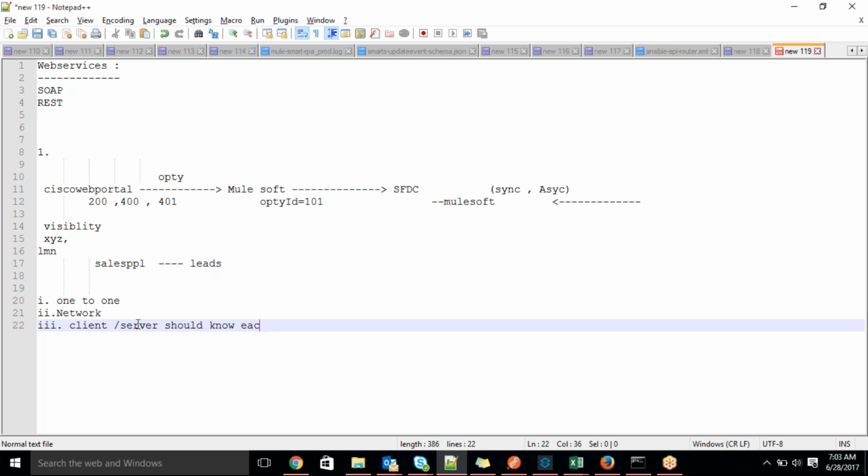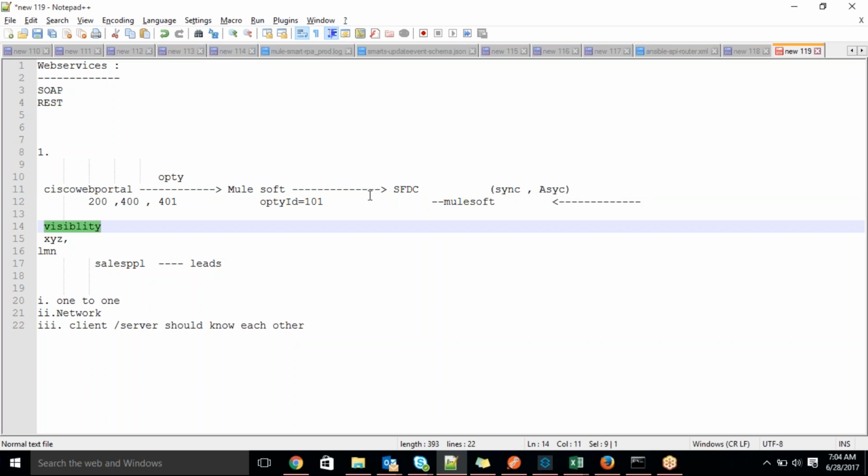Here is Cisco, here is Visibility. That is one client trying to consume the Salesforce API. So here is the thing. Visibility should know who the destination is, and Salesforce should know who the client is consuming their API. But if you introduce middleware, MuleSoft, okay, not only MuleSoft actually, there are so many middlewares in the market. One of the recently popular middlewares is MuleSoft, guys.